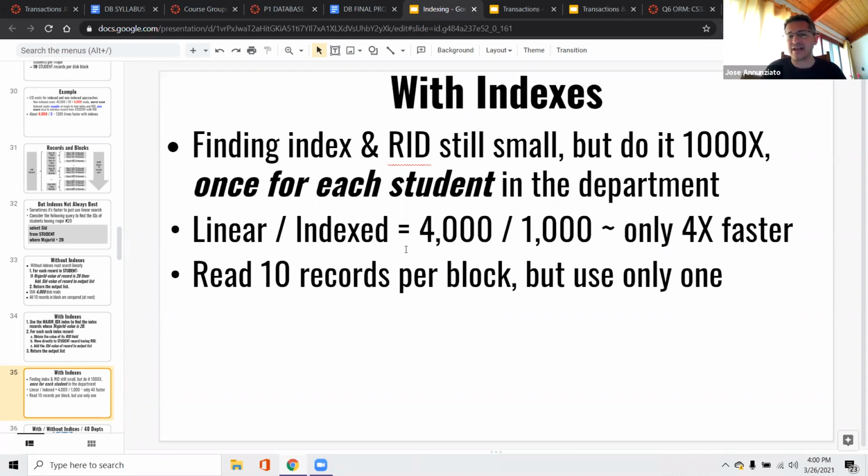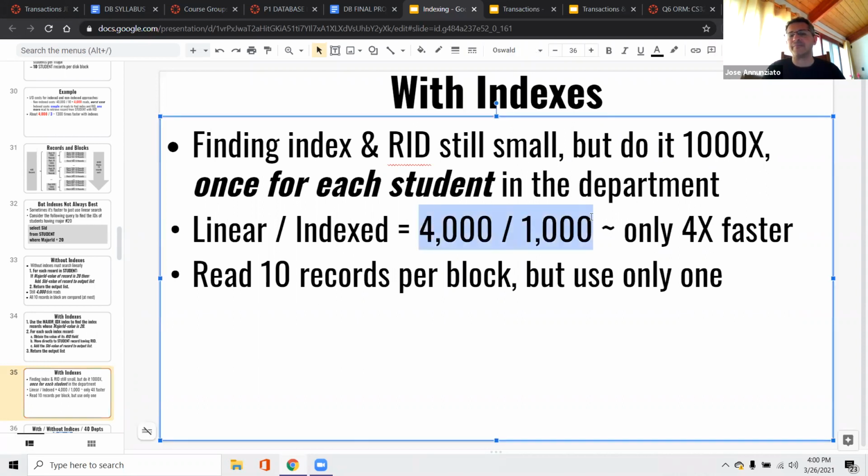So in that sense, when your index is not unique, your performance boost is not as dramatic. Now you're comparing 4,000 reads for doing the full scan versus 1,000 reads to retrieve 1,000 individual records. So instead of being 1,300 times faster, now it's only 4 times faster. So it's not as dramatic. And in some cases, it actually could be worse,